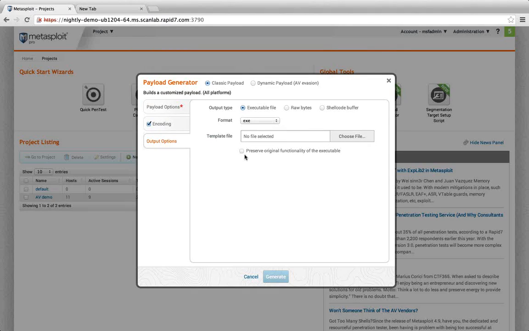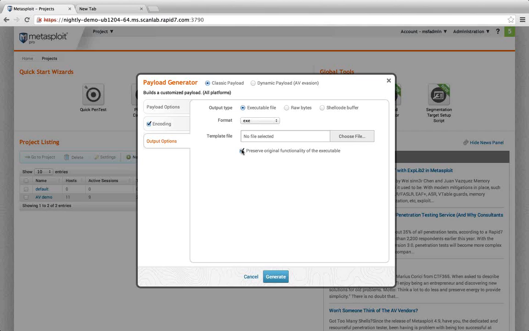calc.exe here. And then suppose, again, for my example, that I'm doing calculator.exe, I still want, when they click on it, for it to pop up the calculator. I can check this option for preserve the original functionality of the executable. And so what will happen is our entire payload will be executed in a thread. What happens in Framework is it'll take whatever executable you gave it, and it'll create a new text section in that executable, stick our payload in it with a stub that creates a thread with our actual payload shellcode, and runs it in a thread, and then jumps back to the original entry point